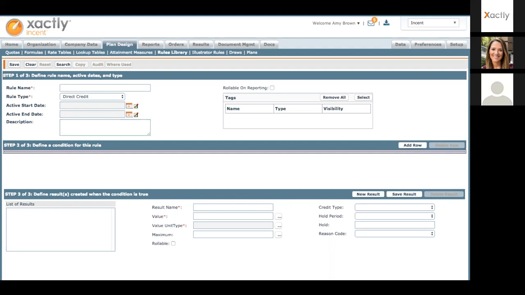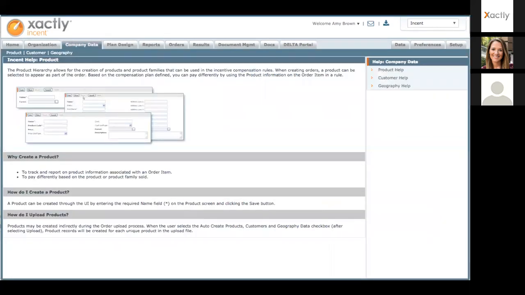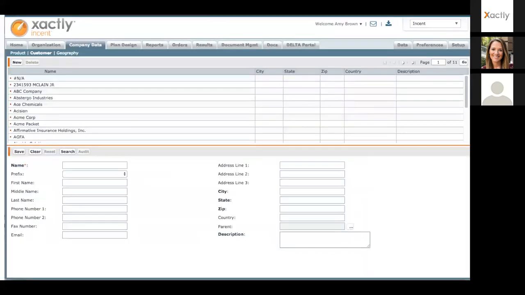In addition to quotas and rules, Incent allows you to capture a bunch of company data along with your transactional data. And so first of all, if you want to, you can capture your customer data, and that will probably, for most of you, be something that you'll need to have on that transaction, and you'll need to be able to tie that to that commission paid. So a few of you may be able to use more of what we call a portfolio method, where it doesn't really matter what the customer is.